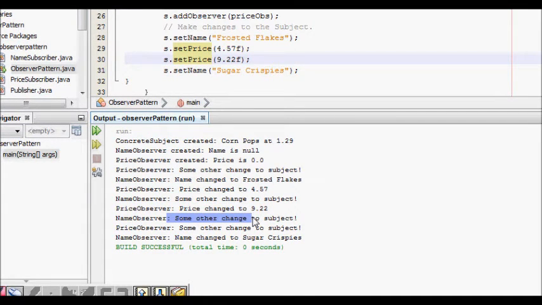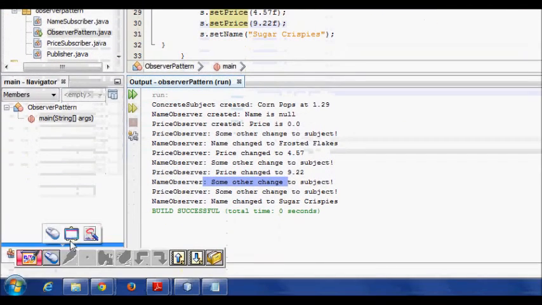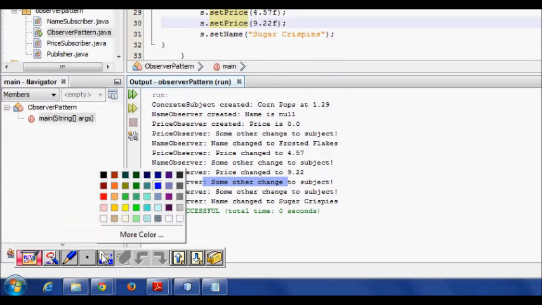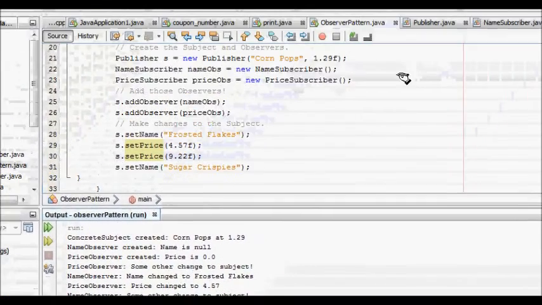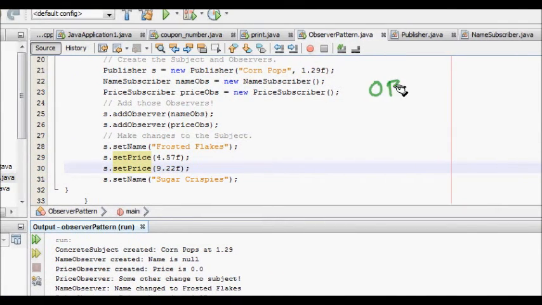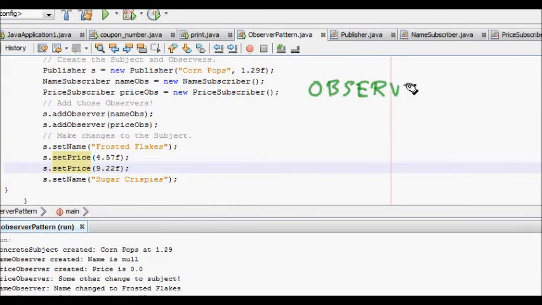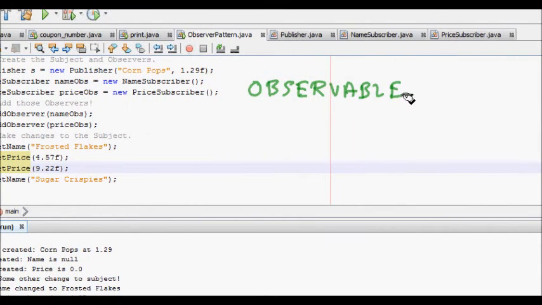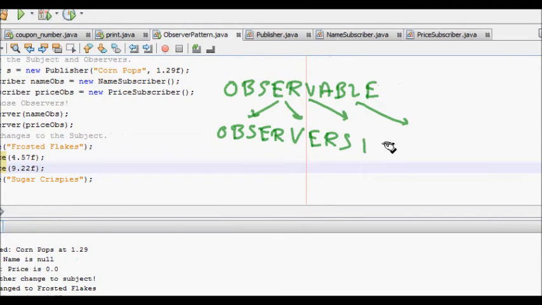So just to summarize, we will see what was happening here. We have observers; one is the observable class, and the others are observers. This is a one to many relation. There might be many observers, 1 2 3 4 till n observers.